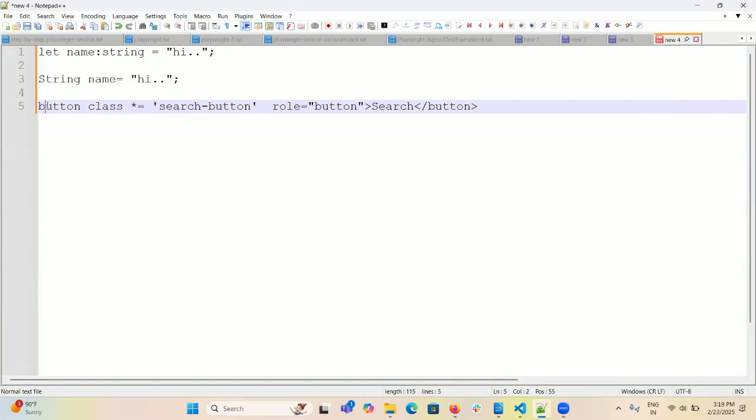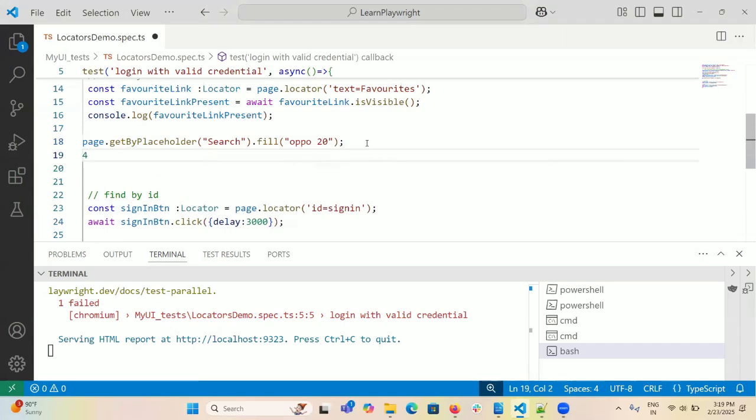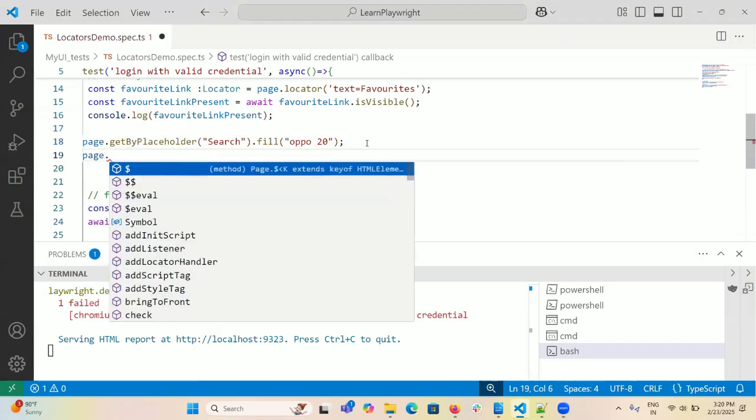And let me change it to button, bracket, one attribute. The second attribute is role. Yes, it's a button. That's it. Copy this and let's go to the code. Where is the code? Here. Okay, fill. Once it is filled, let's say Oppo 20. And after that, I want to say page dot